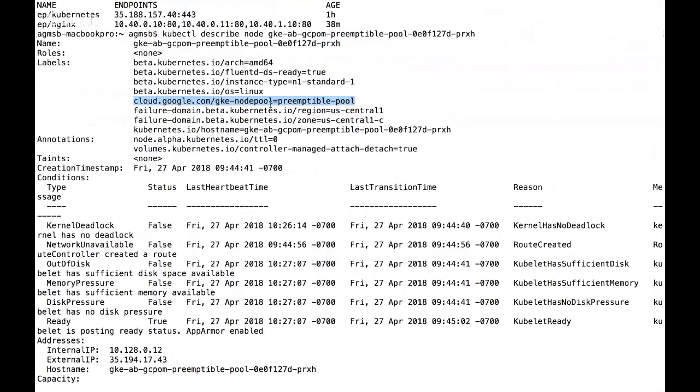Mm-hmm. And there are ways, if workloads can't tolerate that preemption, that we can use taints and tolerations to keep workloads away from these virtual machines. So it's not something where I'm starting to be concerned when scheduling workloads, what if a workload that can't tolerate that failure gets put on that node? Right. You don't have to worry about it. There are ways built in to get around that.